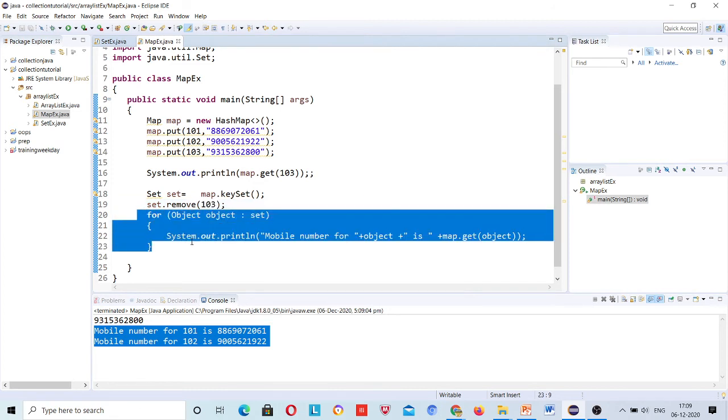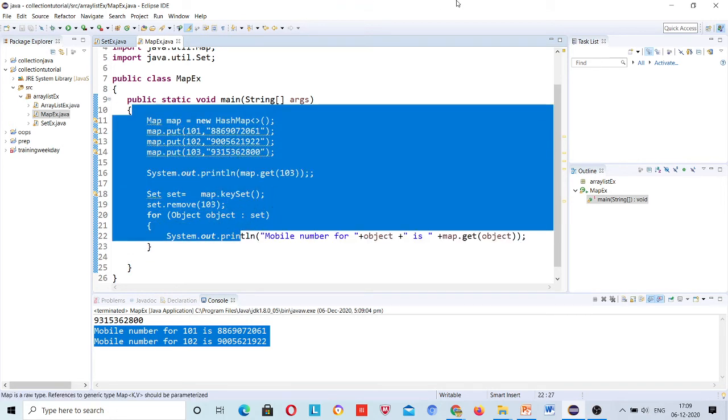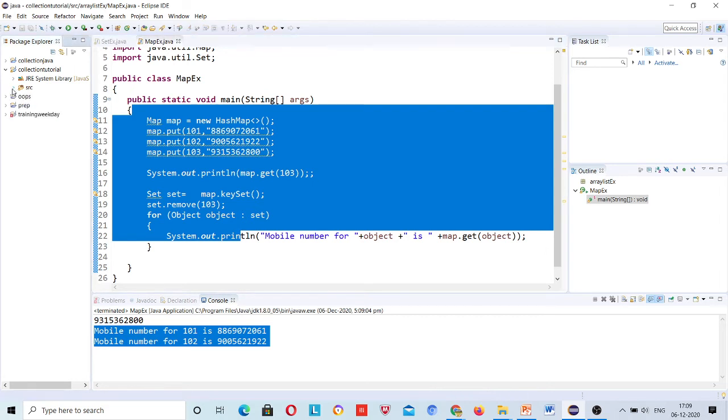Okay, so this is about list, set, map and collection. So now I will talk about class type array list, and after that you will get your assignment. I will maintain it in a separate folder.